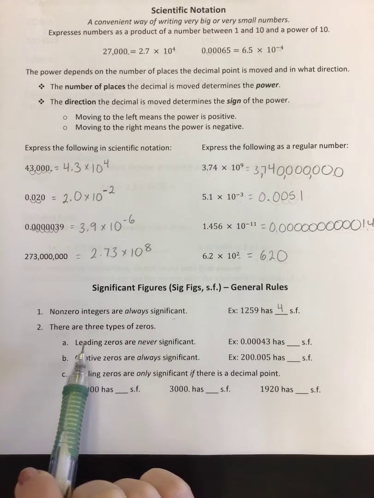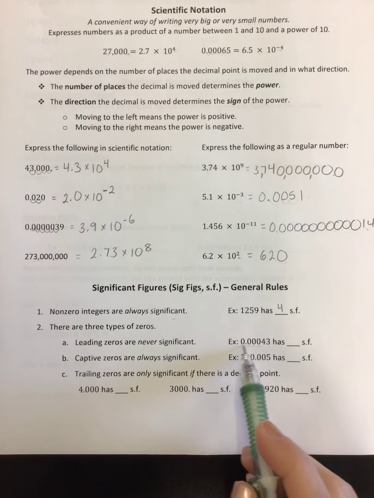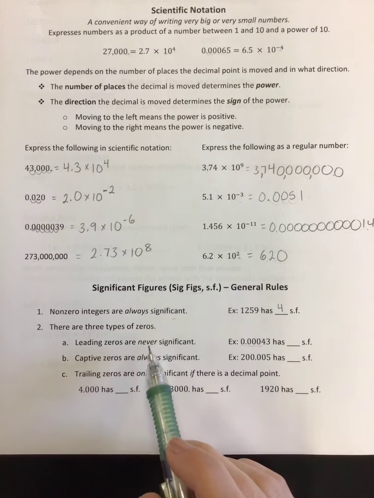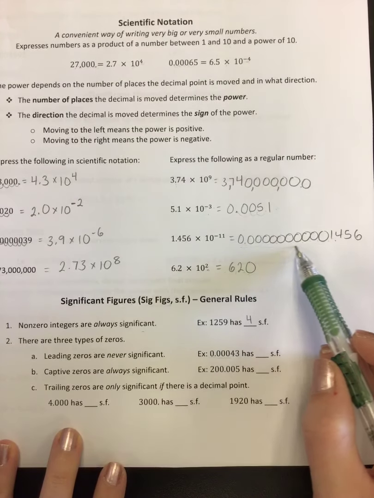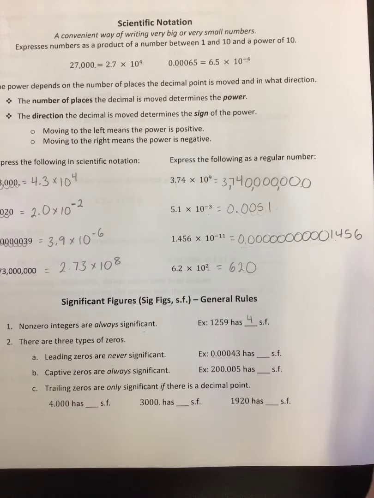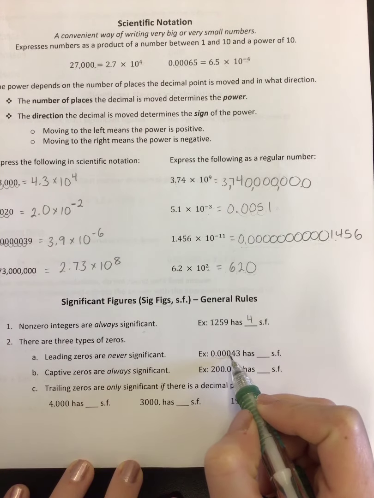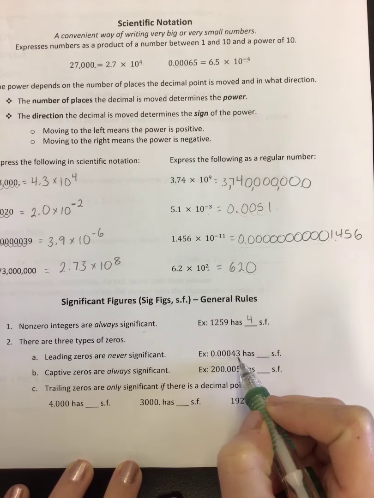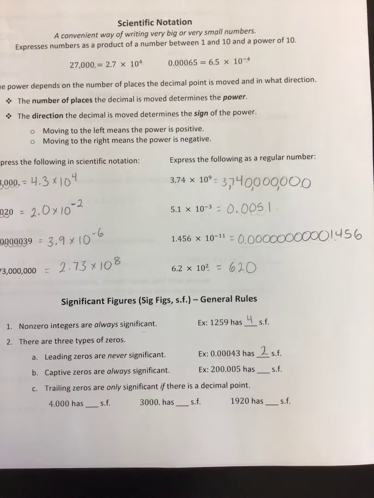Now, there are 3 types of zeros. Leading zeros, or zeros out in front of non-zero digits, are never significant. We never count them. So back up here, these 10 or so zeros that we put in front of this 1, 4, 5, 6, none of those would be significant. They're just placeholders, okay? Just placeholders. So none of these zeros are going to be significant. The only digits that we have significant here are the 4 and the 3. So this number, while it has a lot of digits in it, only has 2 sig figs,